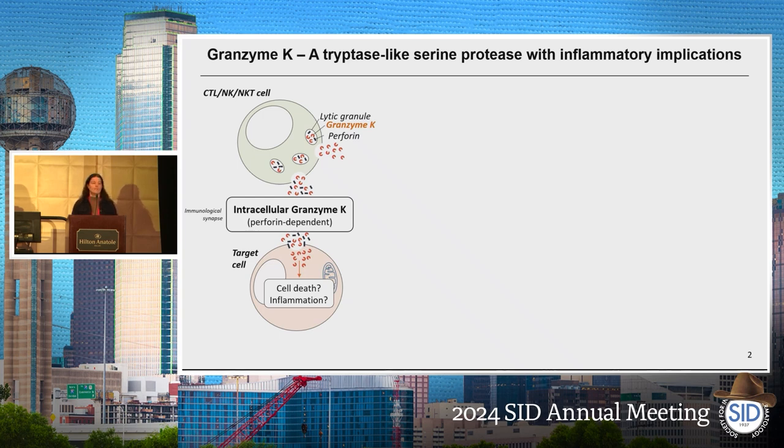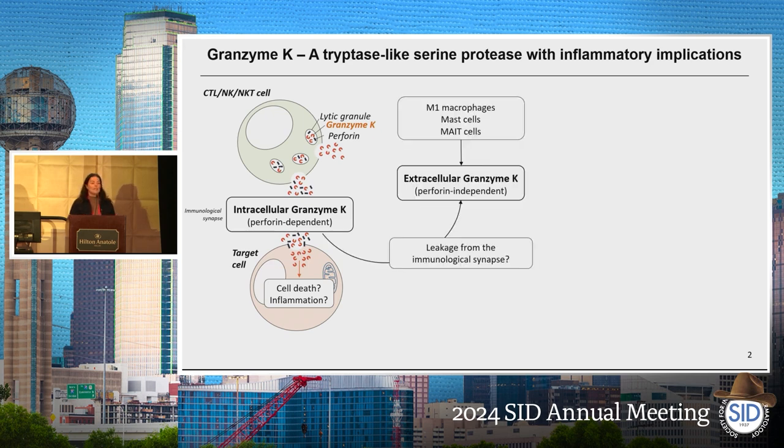It was first discovered within the cytotoxic granules of cytotoxic lymphocytes as well as natural killer cells, along with the remaining Granzyme family members. Because of this, Granzymes were long thought to function exclusively in immune cell-mediated killing. We know that with the help of perforin, the pore-forming molecule, GzmK can be internalized into target cells, and here it can cleave a variety of intracellular substrates that have implications in cell death as well as viral replication.